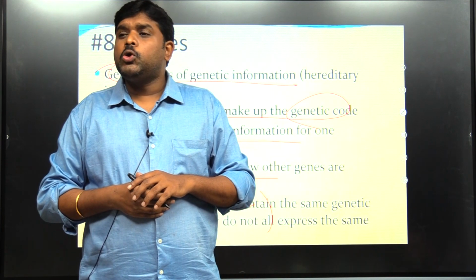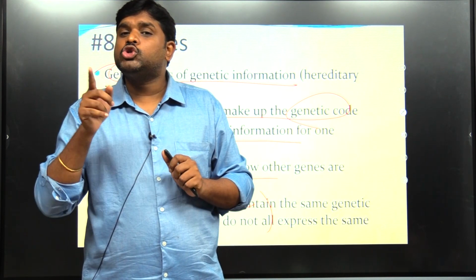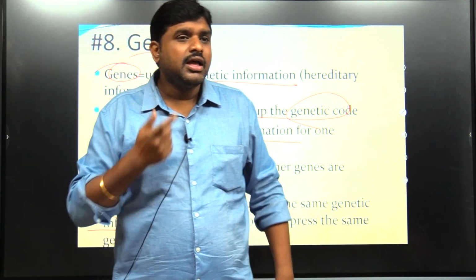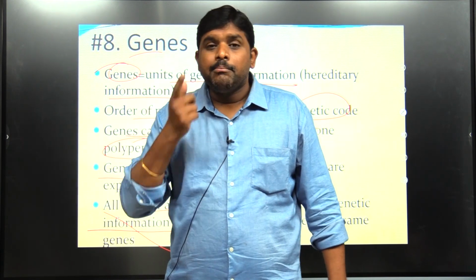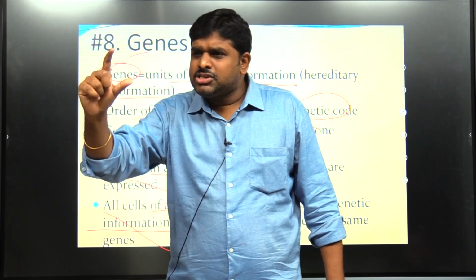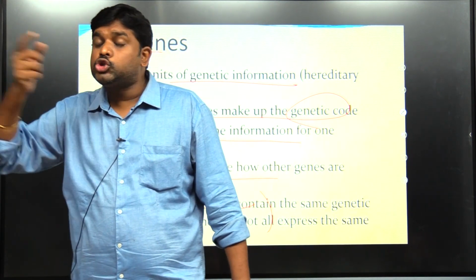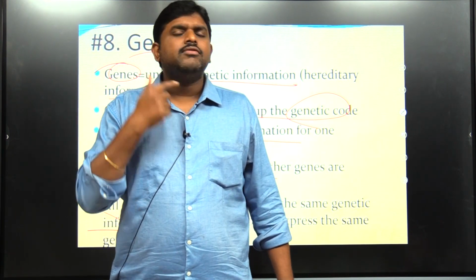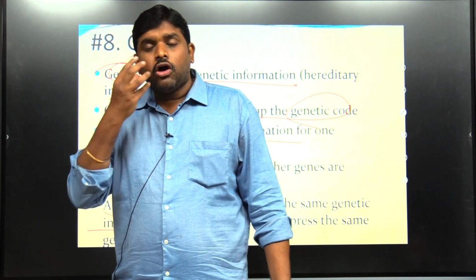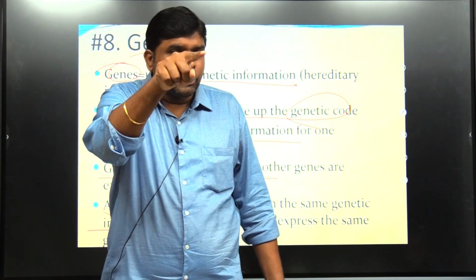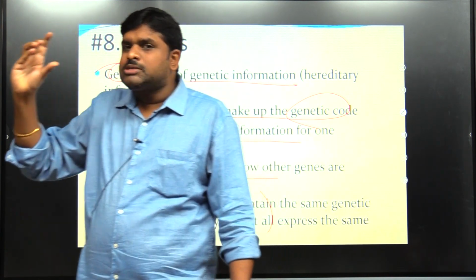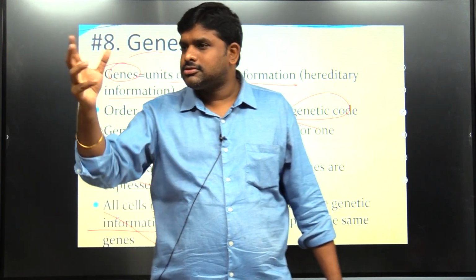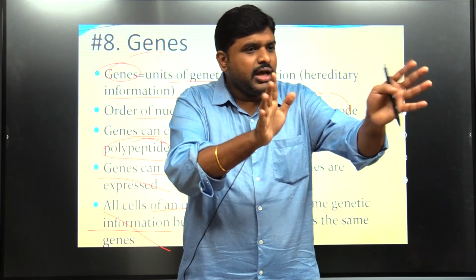For example, in chromosome number 12, a part of the chromosome which is a gene is responsible for melanin production. Melanin is a protein. The same gene structure is present in other chromosomes also, but the one present in chromosome number 12 is responsible for my color, which is nothing but melanin production. The same information, if present on chromosome number 13, will have a different function. Means what? These genes have functions. The general understanding is that every gene has a function.